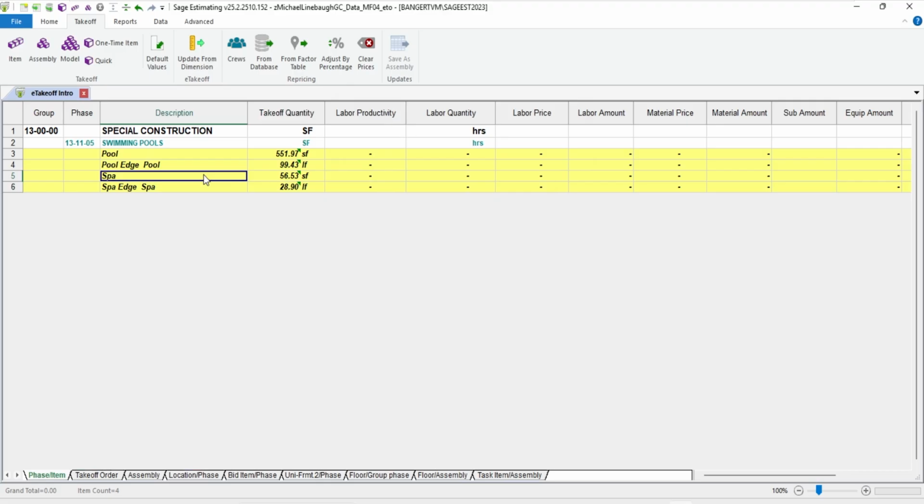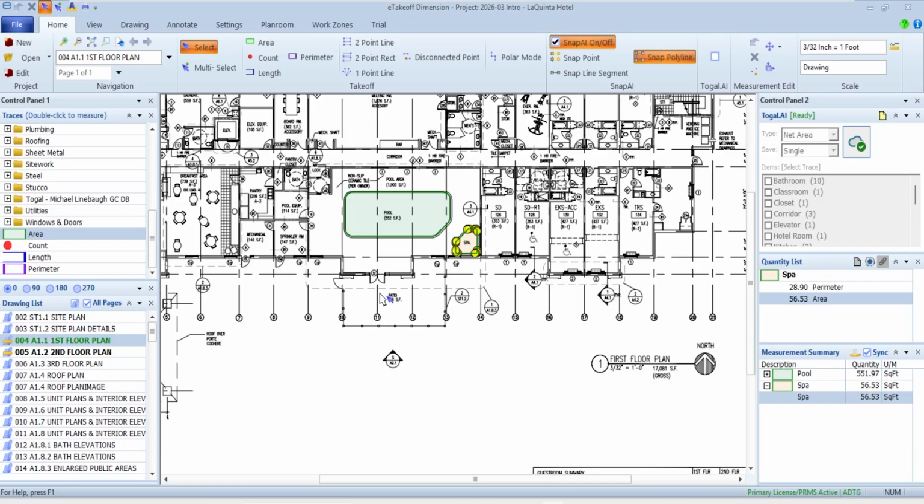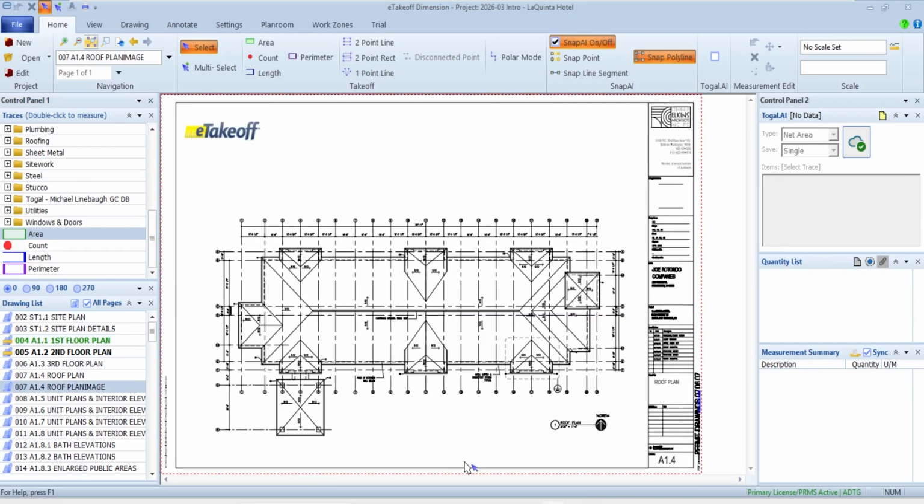And now very easily, I've got these quantities in my spreadsheet. Now, some people would question, well, these aren't very large quantities, so the amount of time it took me to right-click, pick a trace, and tell it to send it back, where's the benefit in that? So what I'm going to look at now is, let's say right now when I look at a pool, you'll see the focus is on the pool, or on the spa, or I don't have a focus on either one at the moment. If I went to a completely different page, I could be in a different project or anything of that nature.